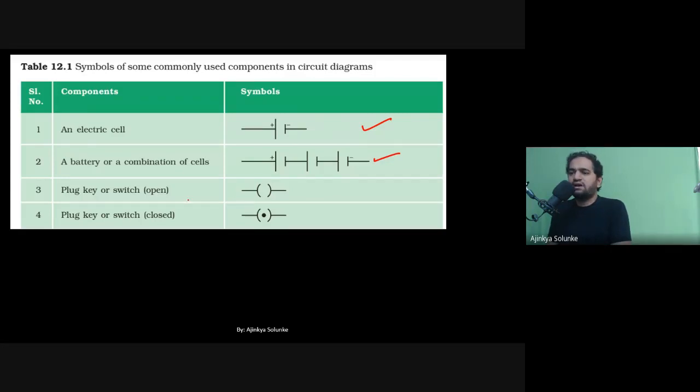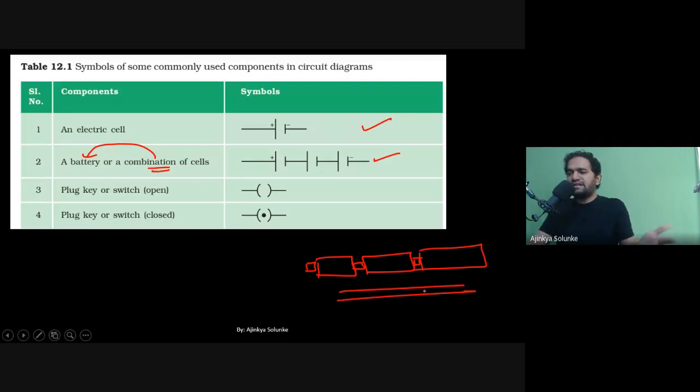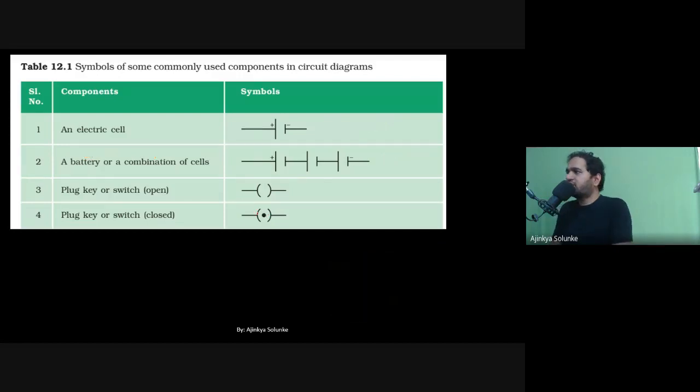So this combination of cells has another name, that is battery. The students who have used cells one after another in their toys like this, can we say this is a battery? Even though those are cells, you have connected them one after another, so this is called a battery. Technically, when you connect more than one cell, it's a battery. So a battery is nothing but more than one cell. I hope you are understanding.